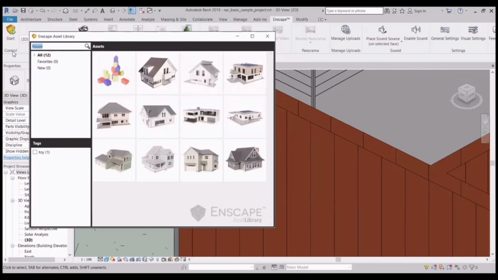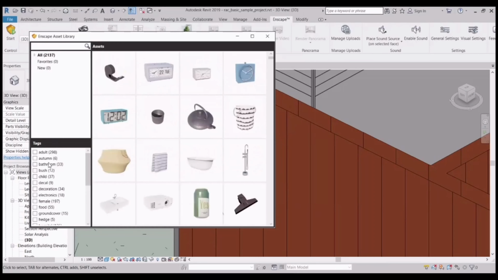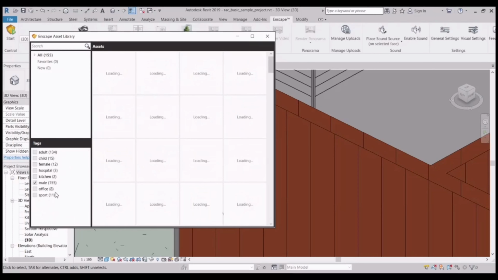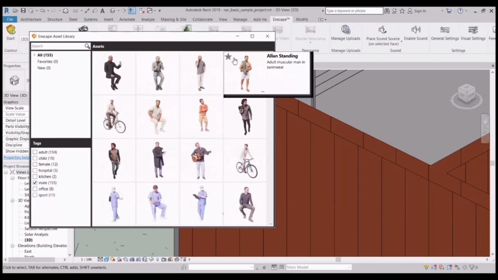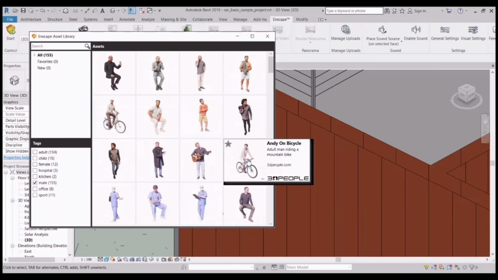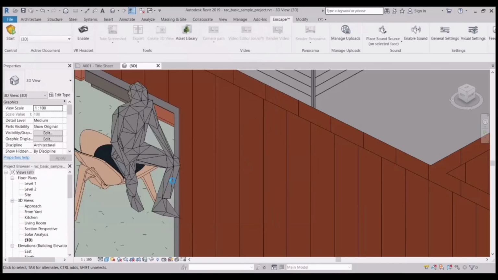There are some categories already there, so you can choose from here. If you choose male from here, from 155 items, it will show you this list of assets. From here you can choose your assets like this.